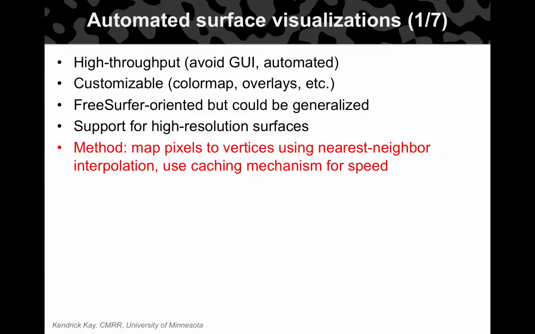Just a little about the method, since I think precision is really important to what we want to do. The mechanism at the core is really simple. Everything is treated as an image. Images are made of pixels, and each pixel is mapped to the nearest surface vertex using nearest neighbor. So there's no explicit smoothing going on, and we can generate these nearest neighbor projections at any resolution we want. A little on mechanics: as I mentioned, we need to generate many of these, so we use caching. This is simply an indexing operation that you can cache away, and indexing is very fast, so you can generate maps really quickly.